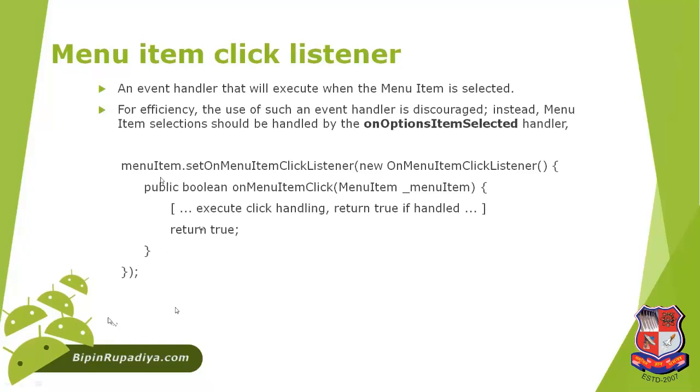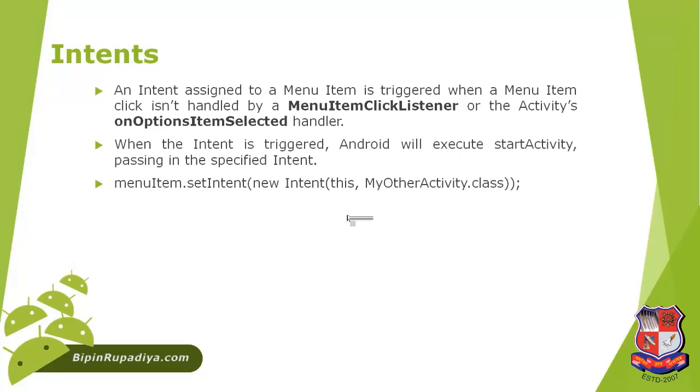So what is the thing? A menu item object dot setOnMenuItemClickListener, that you can specify. This is the anonymous reference of this interface, that is OnMenuItemClickListener. It is just like the button click listener. So whenever any sub item is clicked, this onMenuItemClick method will be called. Here you can write anything you want to do when any particular menu item is clicked. So that is how you set a listener for a menu item click.